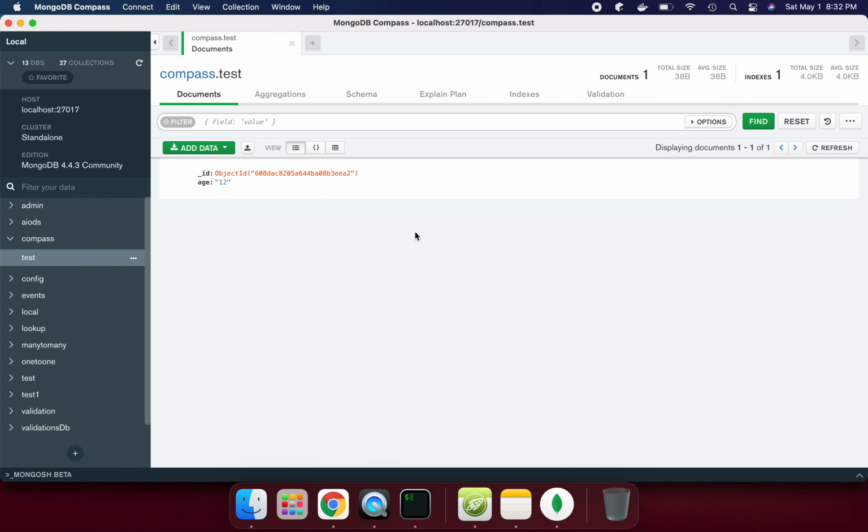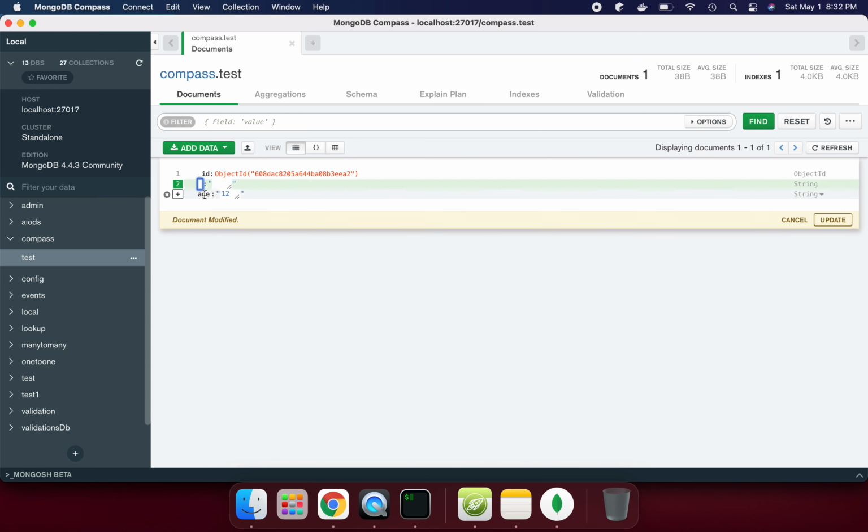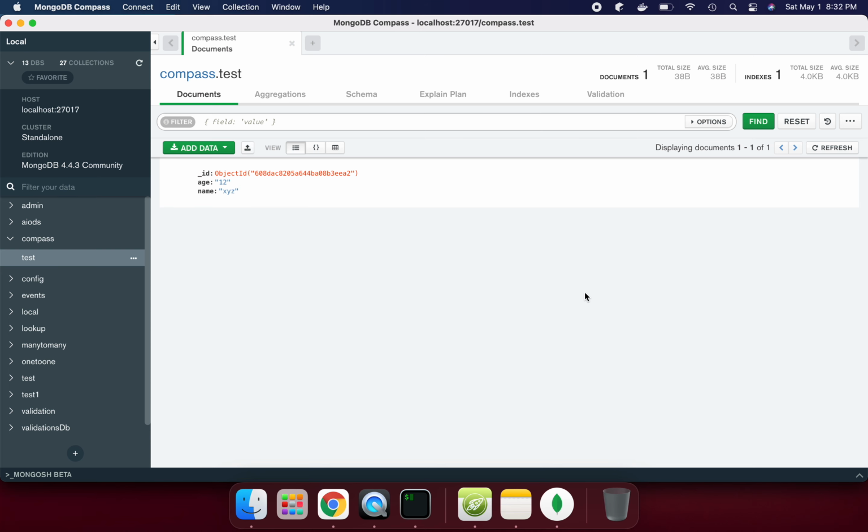So it is like a replace, but let me add one more field here, name XYZ, update. So this way it is now updating.